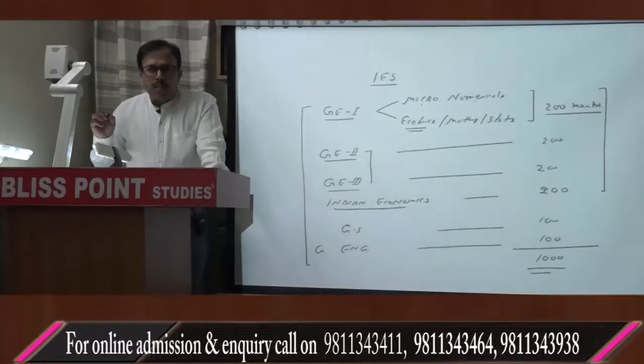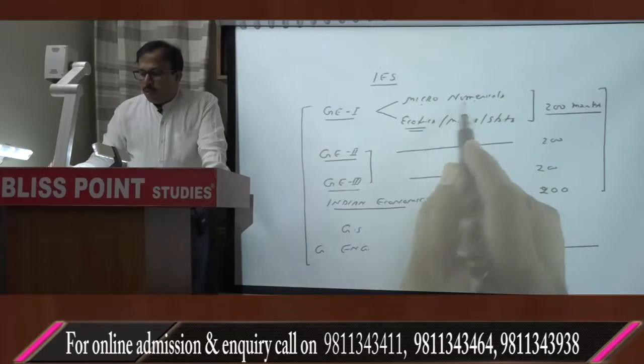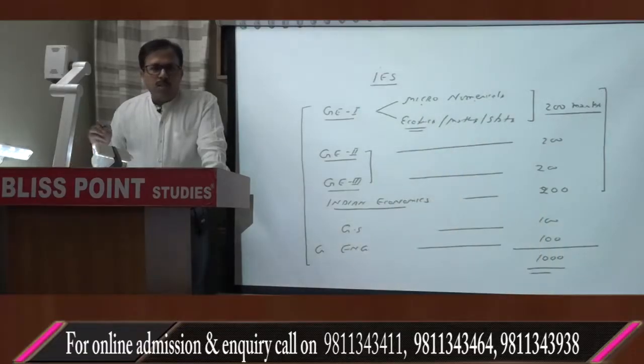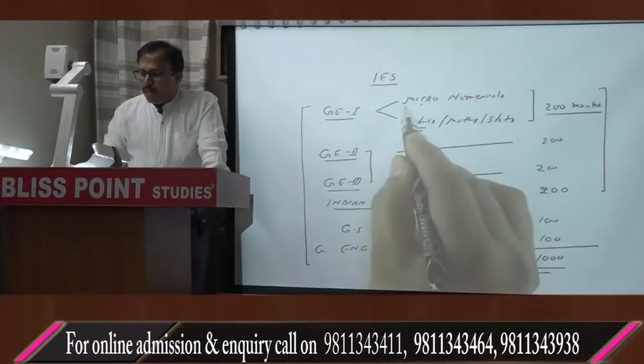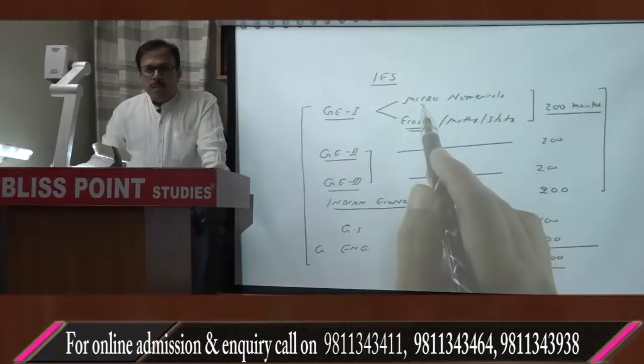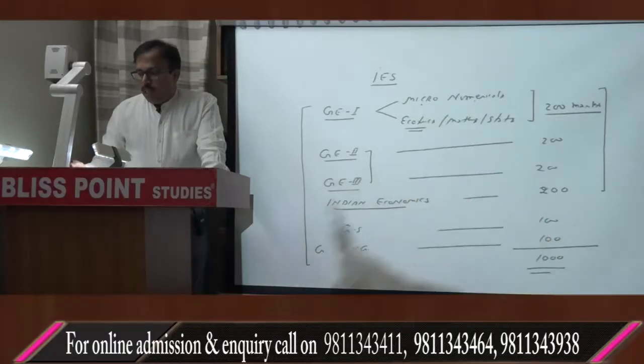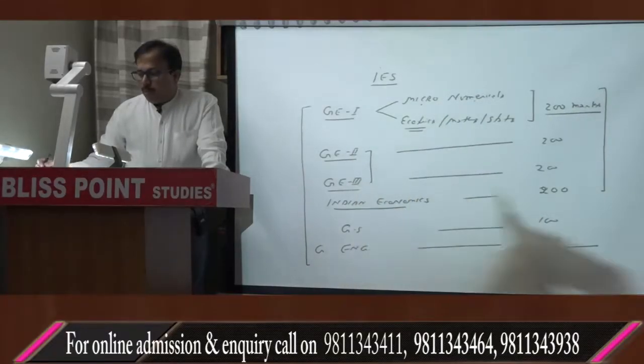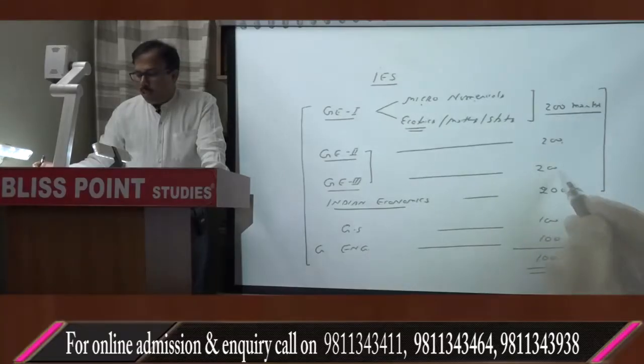If you divide this entire paper, you will find 2 types of question. One related to the numericals of the micro. It is not that all questions are numerical in nature. There also you will be getting some theoretical or descriptive questions, but there will be some numerical based questions as well. And the second paper and this third paper will be of 200 marks and 200 marks, and this Indian